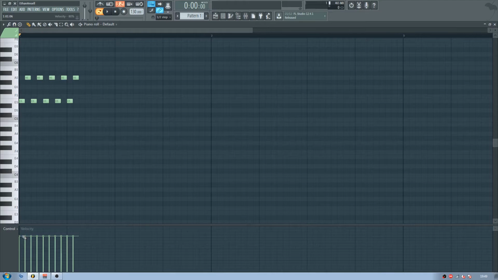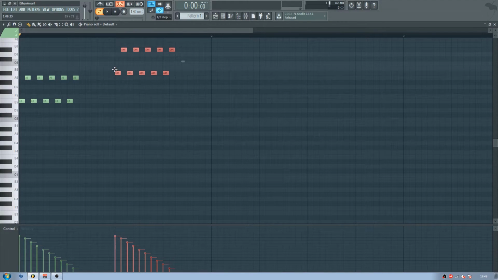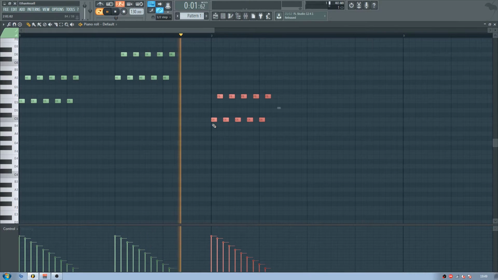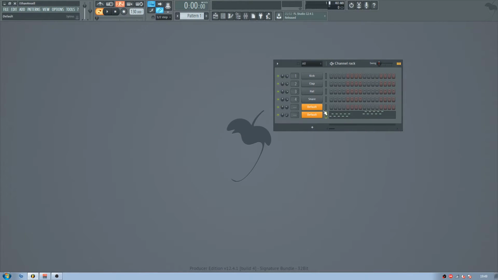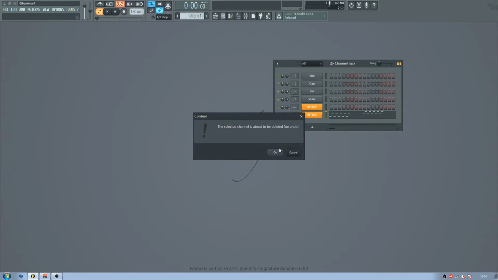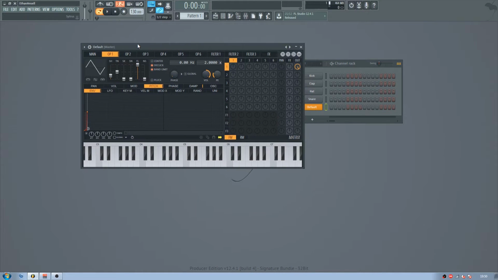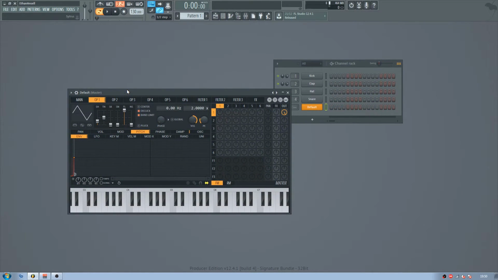So something like that, and then just make them fade out, and then copy that for another chord. So that's basically how you make old ass chords, and all this is just that, but only once with a pitch envelope, which sounds